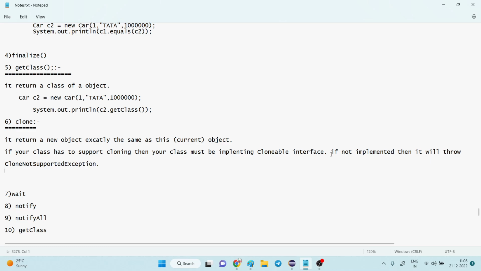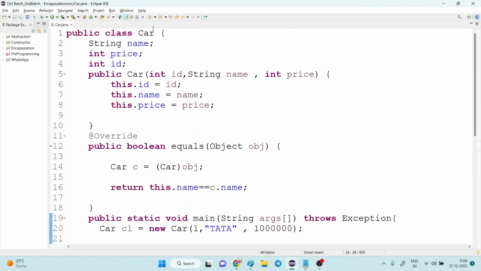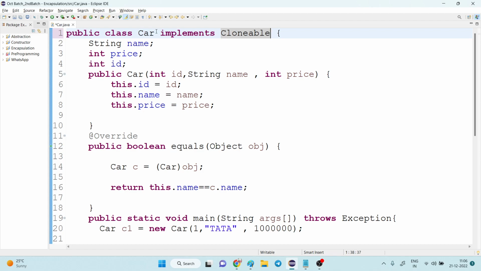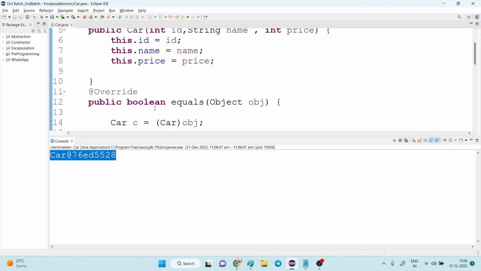If you are not understanding exceptions, it's fine. In the next topic we'll discuss exceptions clearly. Now see here, what I have to do is just implement Cloneable here. Implements Cloneable. Now if I run this and observe, suppose I print here